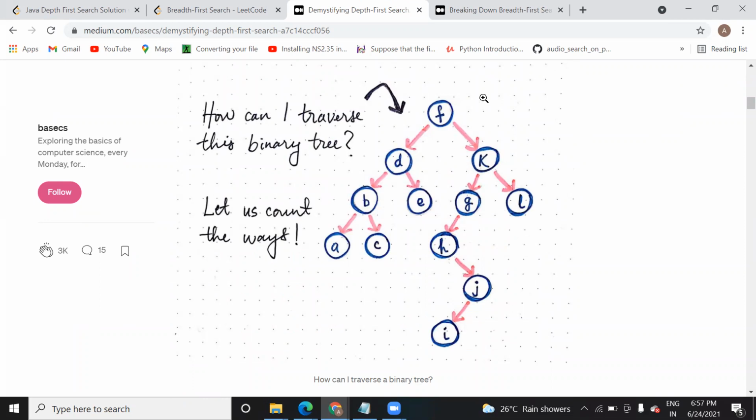For example, suppose I give you a scenario with a student: if the student passes or if he fails, what different kinds of decisions will you need to make? Suppose F is a student, D for fail, K for pass. If he fails, then he will give the exam once again and get a result, pass or fail. If he does not give the exam, he will leave the school or college, like this.